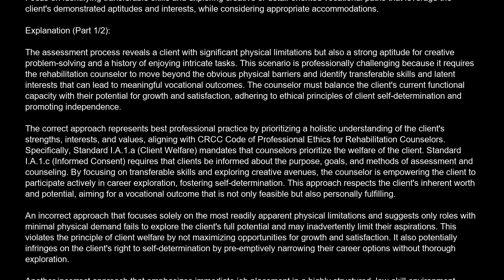The counselor must balance the client's current functional capacity with their potential for growth and satisfaction, adhering to ethical principles of client self-determination and promoting independence. The correct approach represents best professional practice by prioritizing a holistic understanding of the client's strengths, interests, and values, aligning with CRCC Code of Professional Ethics for rehabilitation counselors. Specifically, Standard I-A1.a, client welfare, mandates that counselors prioritize the welfare of the client. Standard